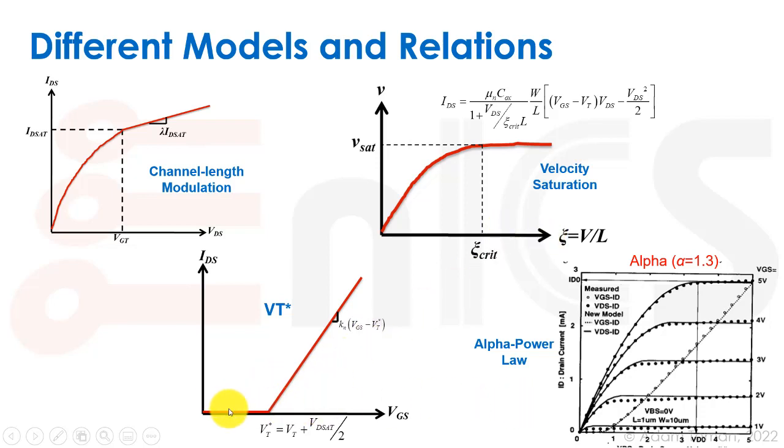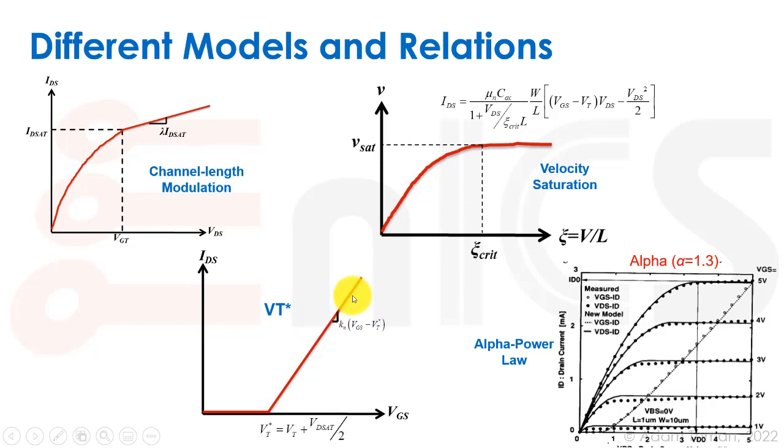The VT star model is a simple model that is used for kind of digital type of things, where we usually have VGS either at VDD or at 0. And when it's at VDD, we are in velocity saturation for sure in modern kind of short channel transistors. So as long as we have a cutoff area when VGS is really low and a velocity saturated area when VGS is really high, close to